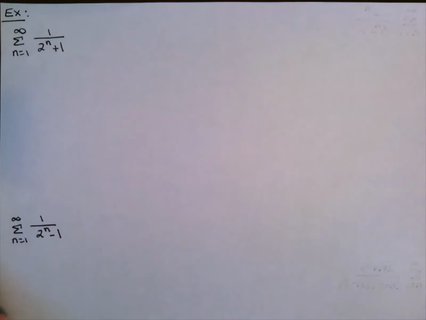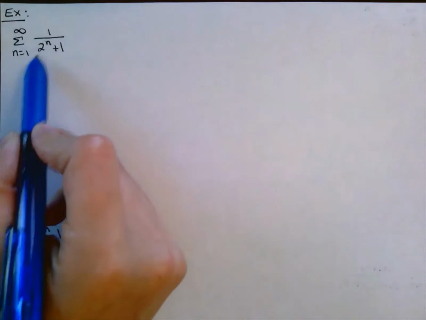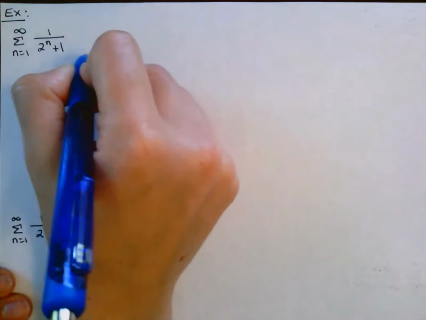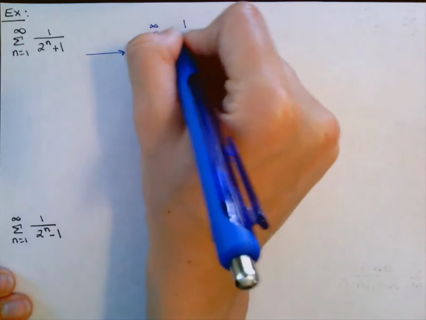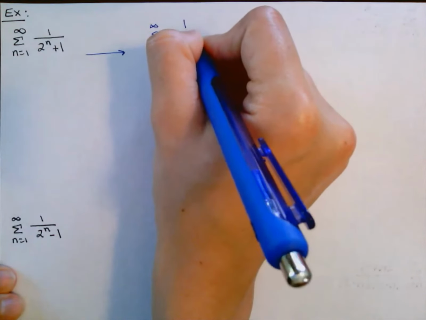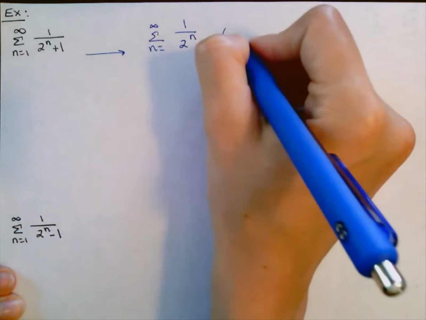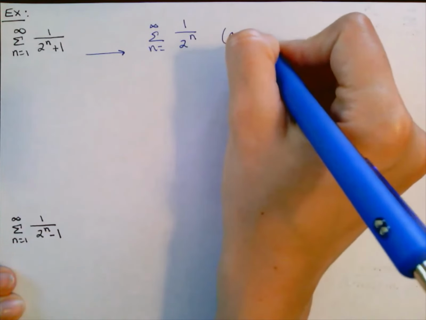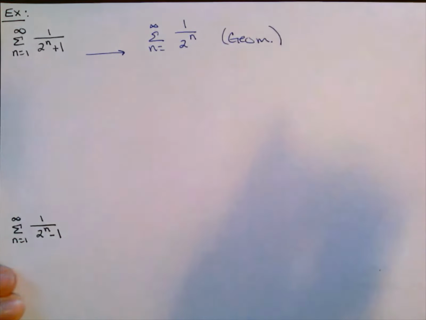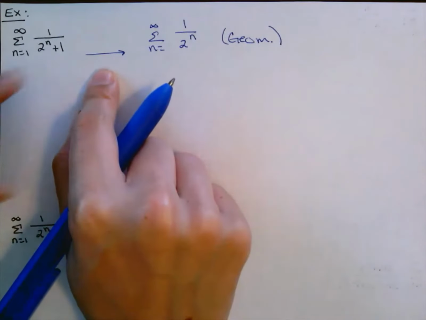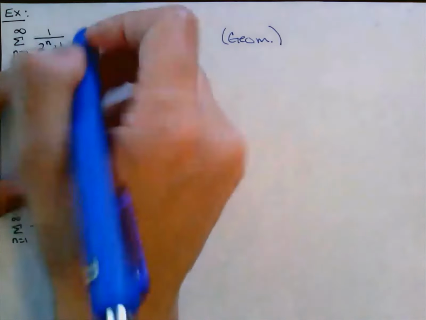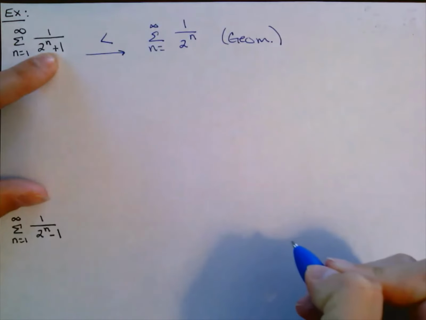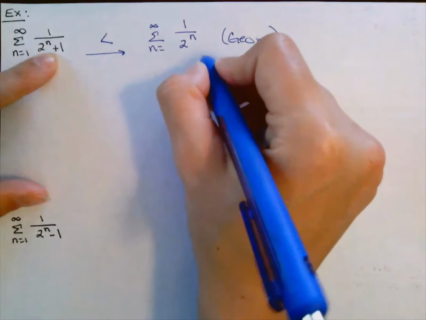This first question is the infinite series of 1 over 2 raised to n plus 1. I know that this looks a lot like 1 over 2 raised to the n, which is a geometric series, right? Remember, we are always starting with a direct comparison. If it doesn't work, then we go to limit comparison. This one adds the plus 1, which makes us have a bigger denominator, which makes this the smaller number. So if I'm working with the larger series,